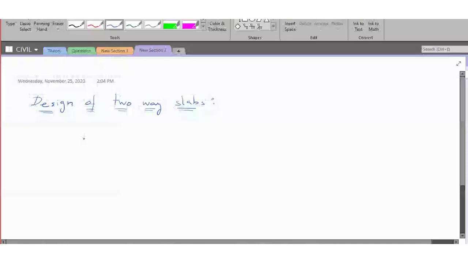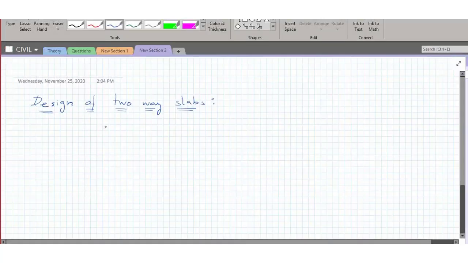So when a slab is supported on all four sides, we always represent the long span by Ly, as per our convention, and the shorter span by Lx. So if the slab is supported on all four sides and this ratio Ly by Lx is less than 2, then the bending moment is going to develop in both the x and y directions.